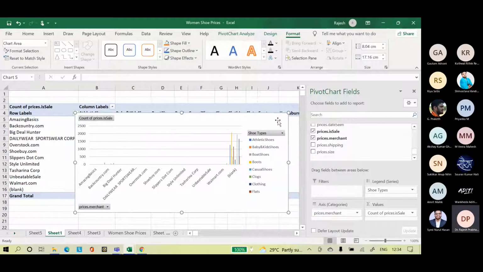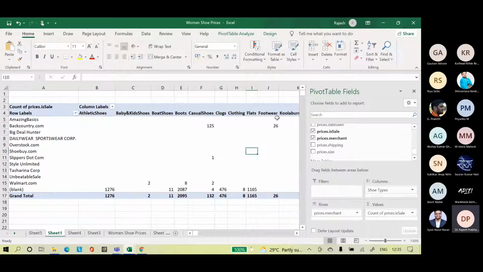Blanks are more, not analysis. Again, we are stuck with wrong, missing data. We are stuck with missing data here in this sheet. A lot of missing data here. That's why we are not able to do proper analysis.